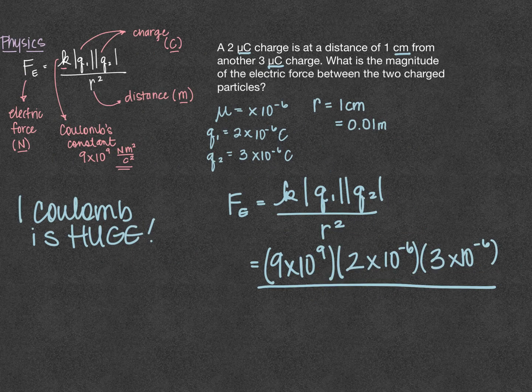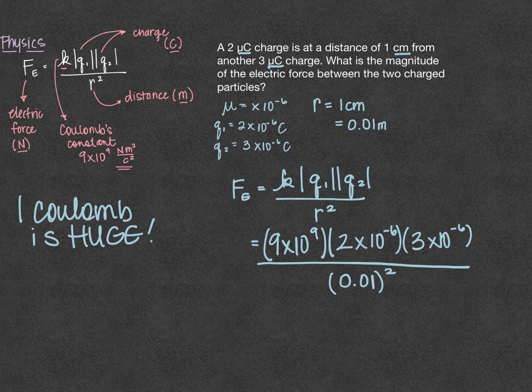Then we're going to divide it by R squared, so that would be 0.01. Remember, we wanted meters, and we had to do a conversion. After substituting, I get 540